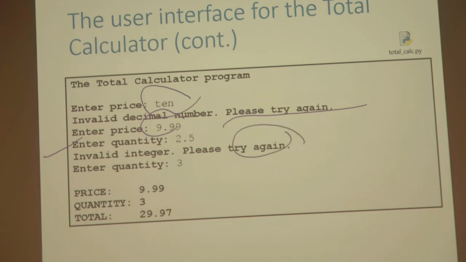Okay, so the first entry has to be a decimal value. The second one has to be an integer value. And your system then calculates the whole invoice for you. So if, for example, part of your entry is that somebody has to enter an email address,